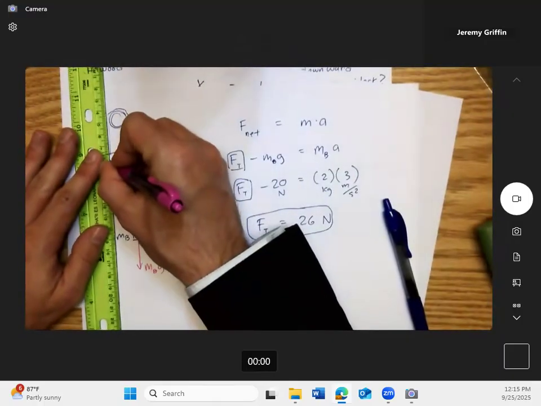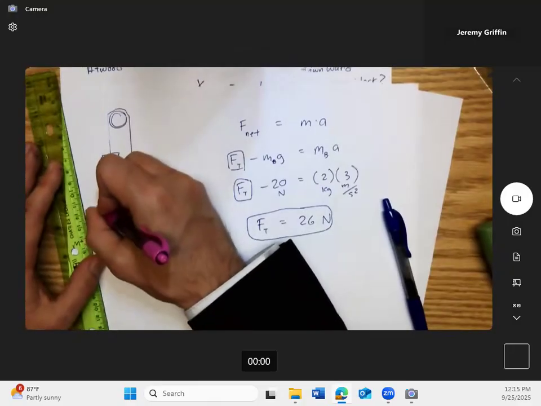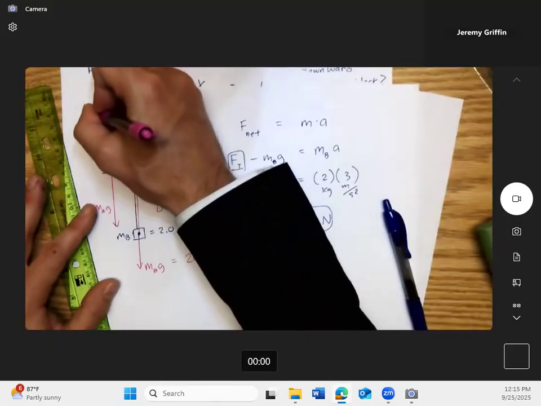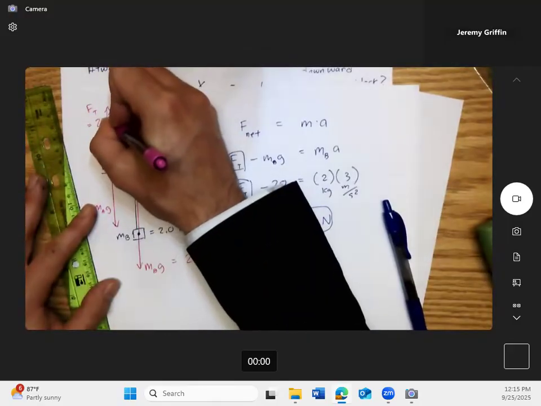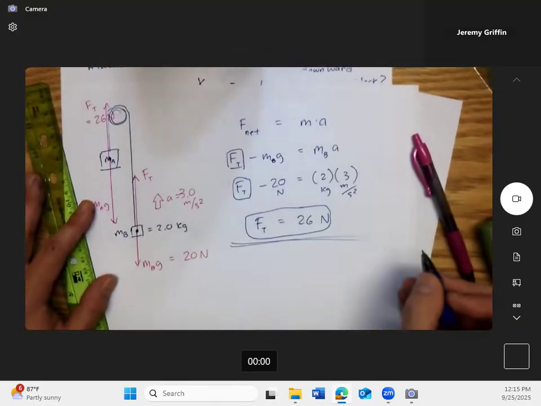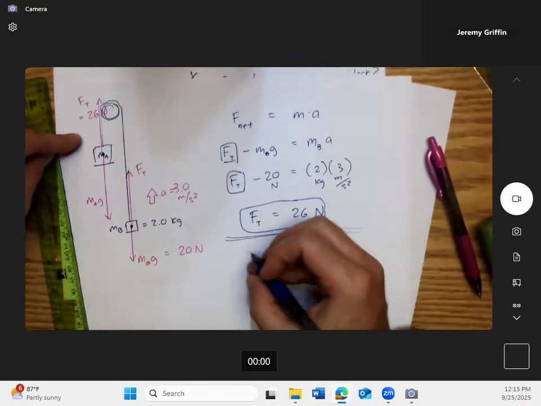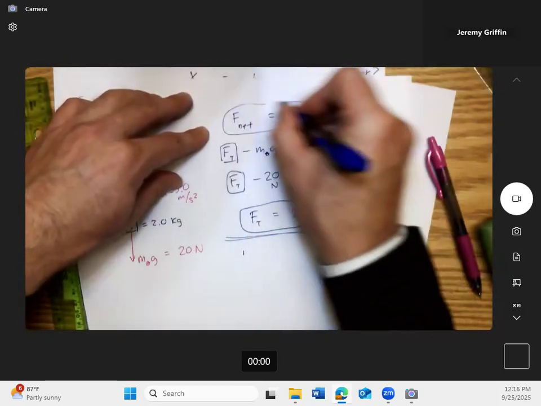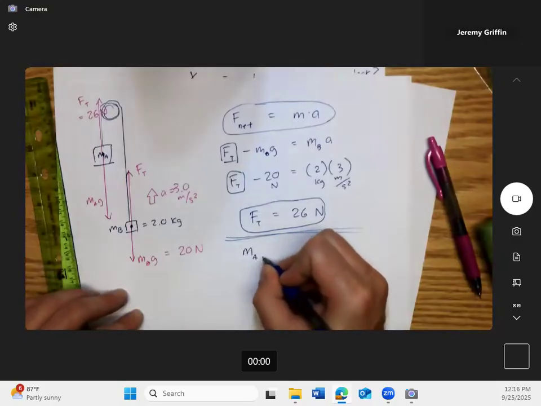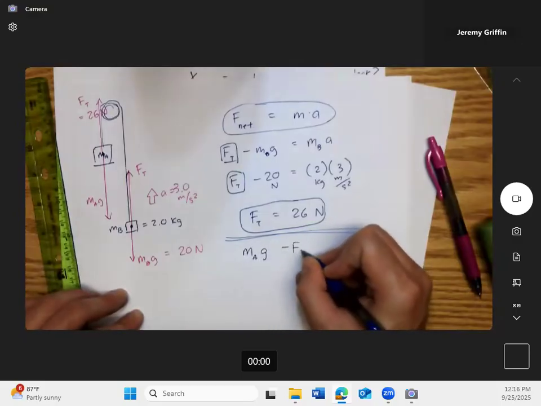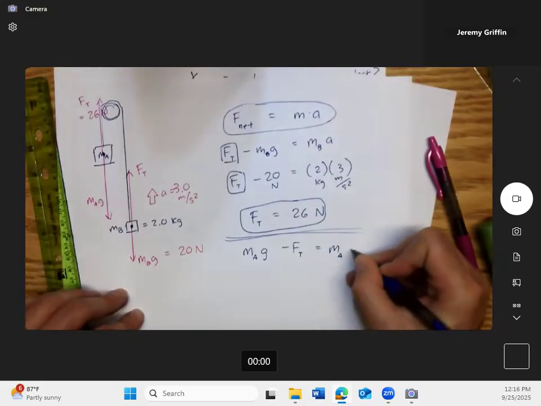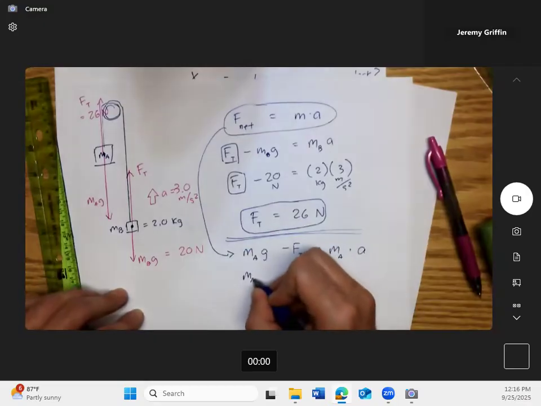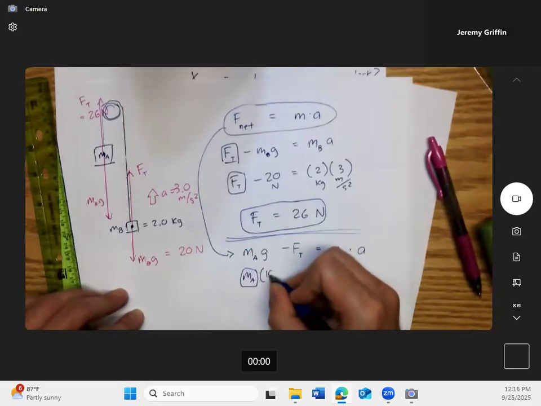So let's do a similar free body diagram. Now mass A is really big. It's being pulled back with the same tension, which we just found to be 26 newtons. I'm still doing the second law, but now let's apply it to the first block. Mass A times gravity pulling down minus the tension backwards results in mass A accelerating at the acceleration value. We don't know mass A, and we'll call gravity 10 meters per second squared